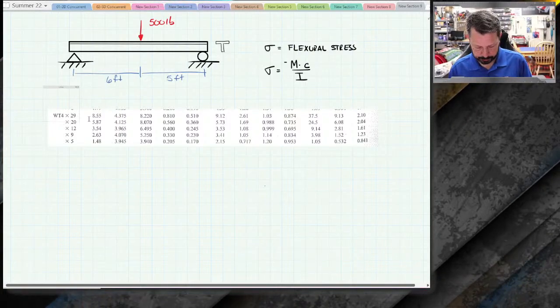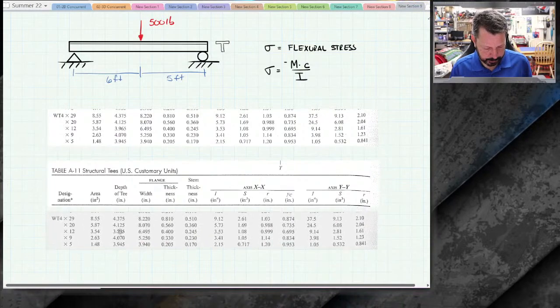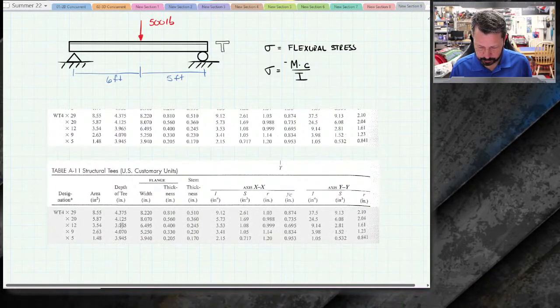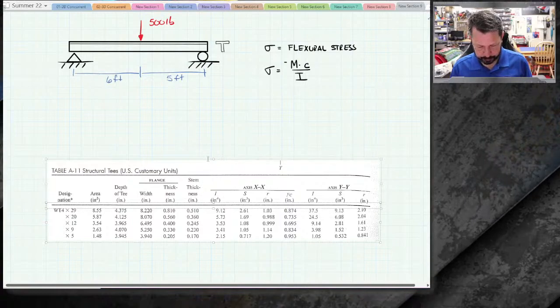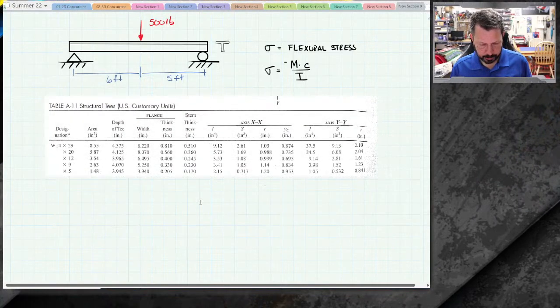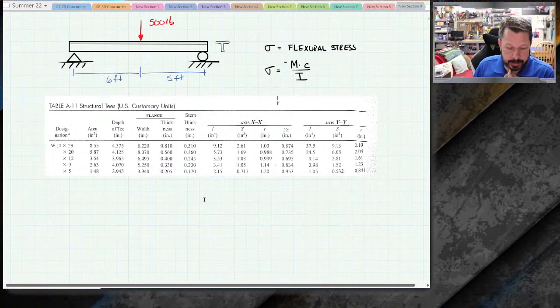Oh, that didn't do what I wanted. All right, so let's arrange these the way they're supposed to be. Like that. All right. So how these charts work is I've got,